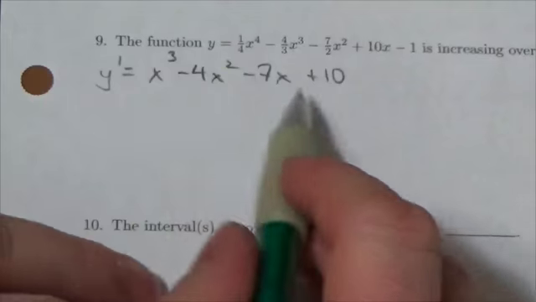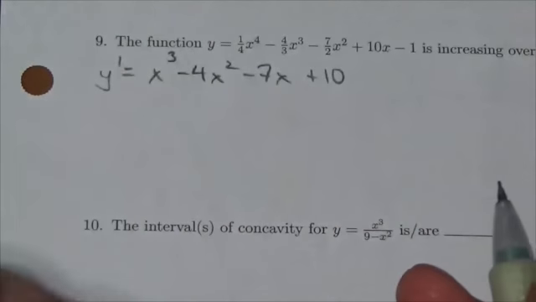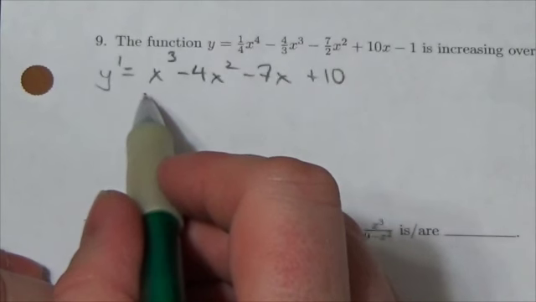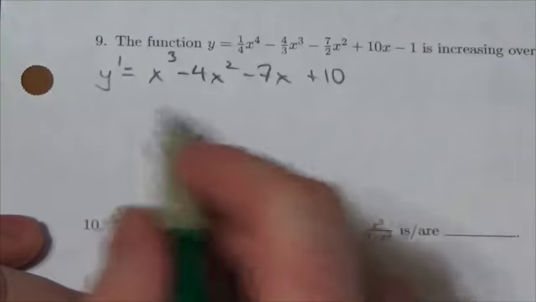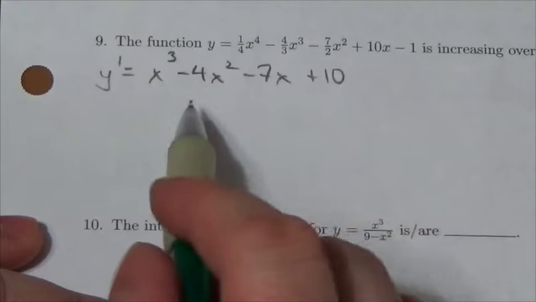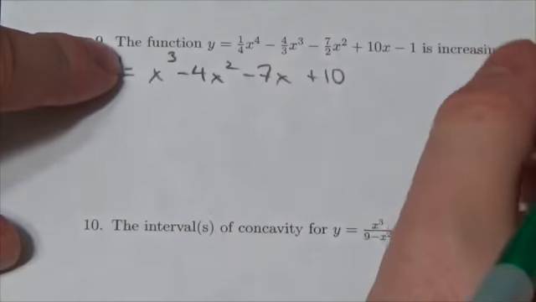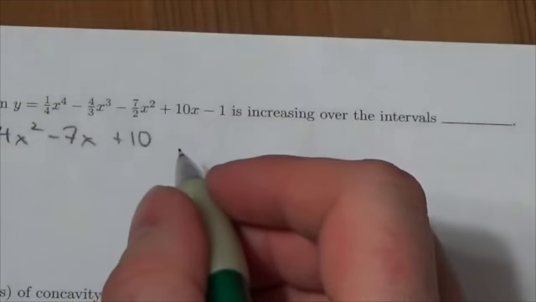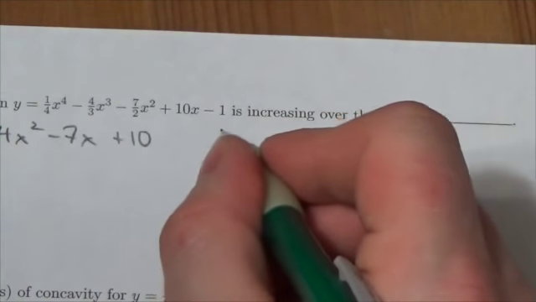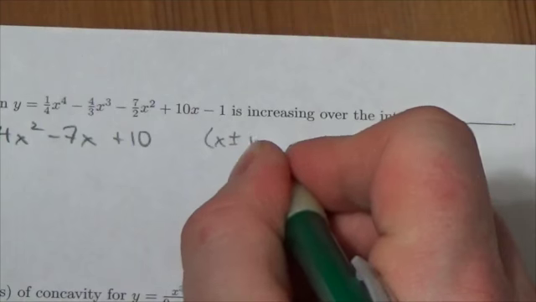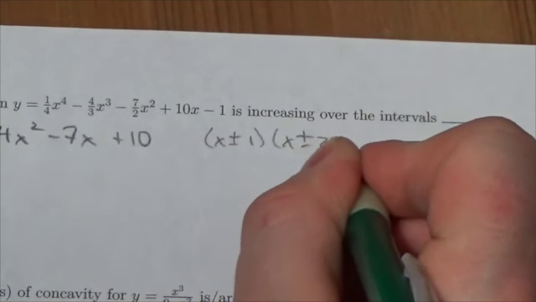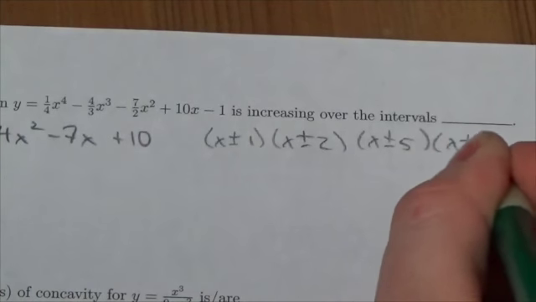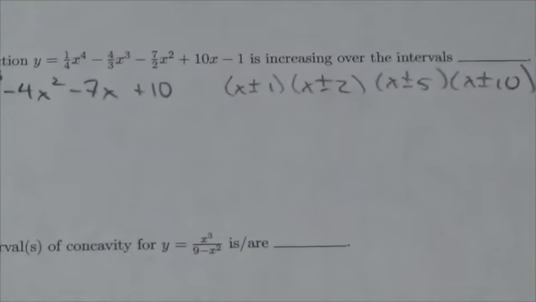And if I want to figure out where that's increasing, what I've got to do here is factor this. I've got to solve and figure out where this thing is positive and where it's negative. But even factoring by grouping isn't going to make a difference here. Oh no. So the possible factors here are going to be x plus or minus 1, x plus or minus 2, x plus or minus 5, x plus or minus 10. We're going to have to use the